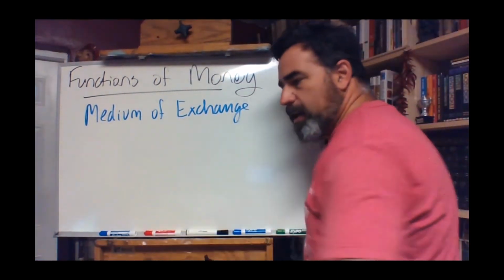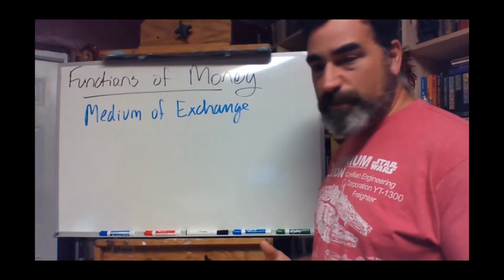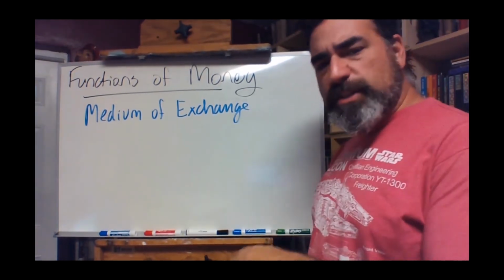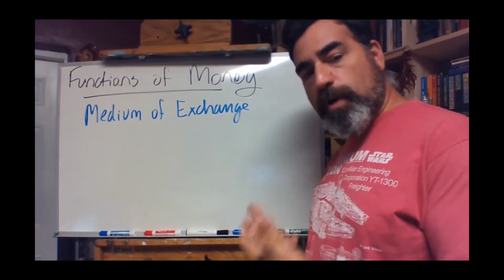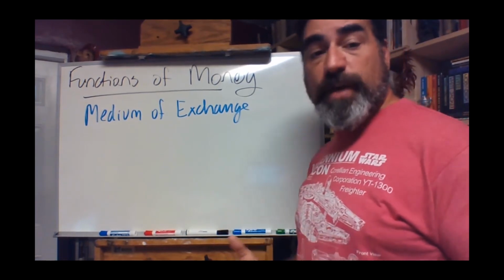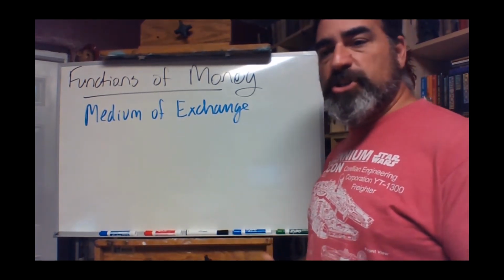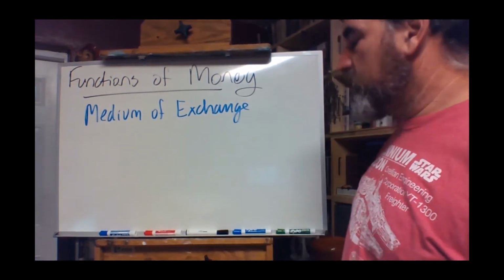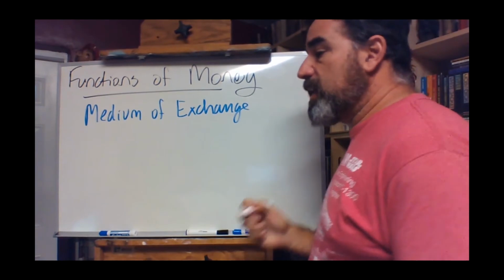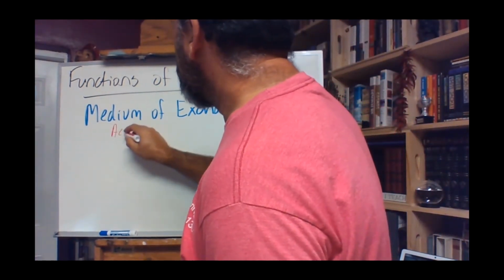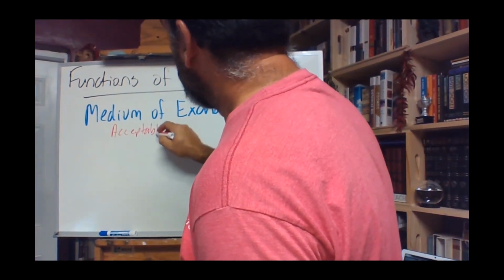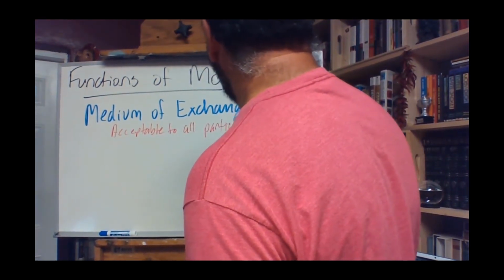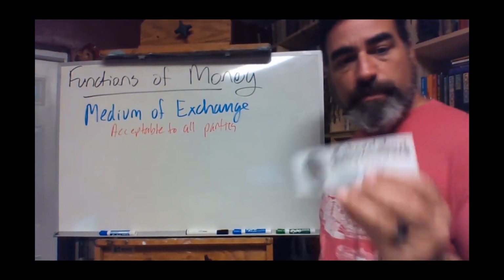So again, kind of comparing this to the old barter system where you had to take your goat and exchange it for a barrel to get a satchel. All right, that's really, really complicated. Why don't we just have one thing that everybody accepts as valuable that you can use as a medium of exchange so that you now don't have to waste your time going to the barrel maker, right? So one of the elements of this then is that it's acceptable to all parties. Acceptable to all parties.